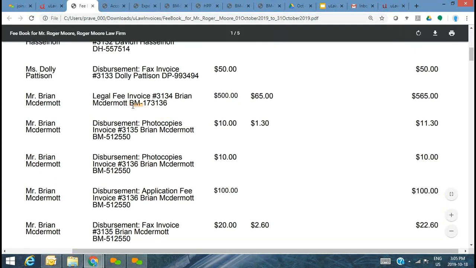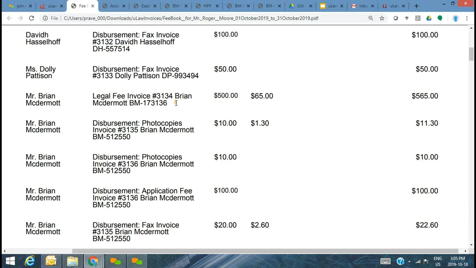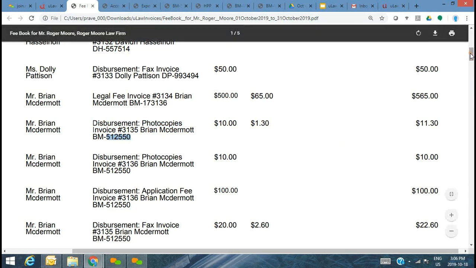So you had Brian McDermott, the first file of 173136, which I believe was for the landlord and tenant, where you actually paid the $565. There was a disbursement of photocopies for the next file number, and that was for $10 with a tax of $1.30.